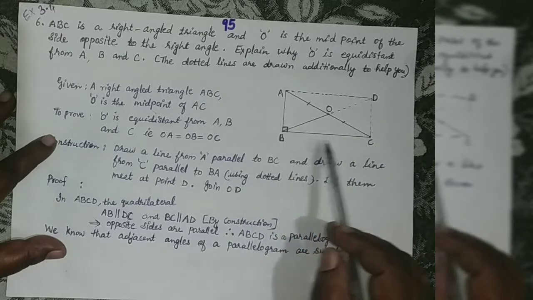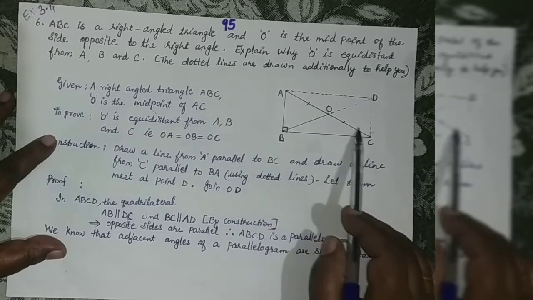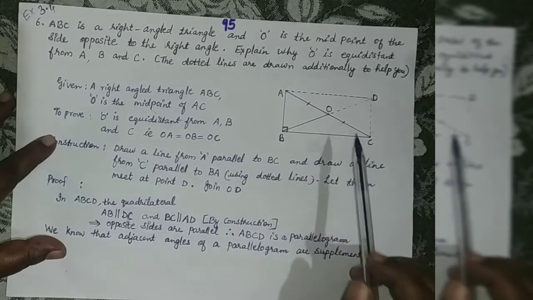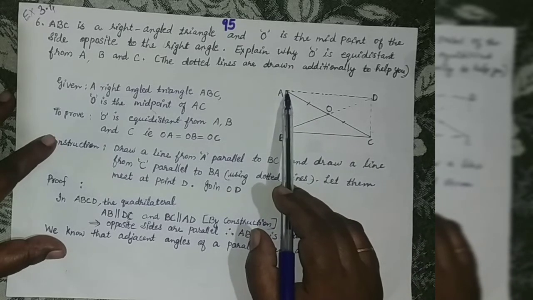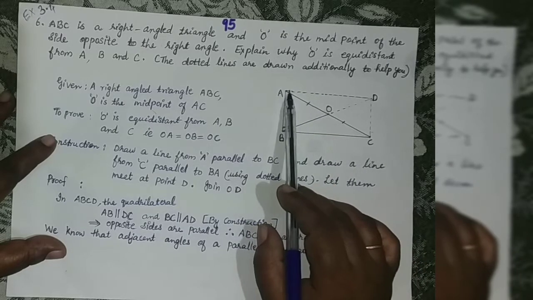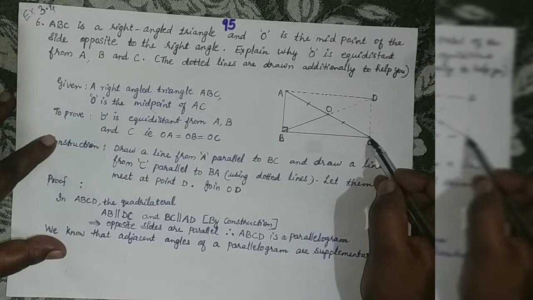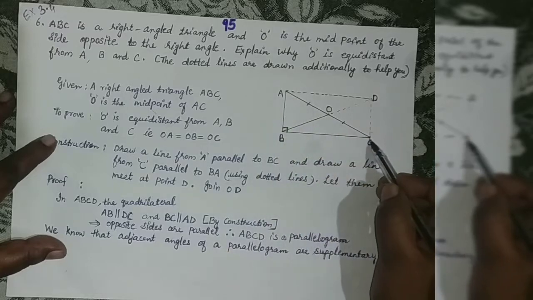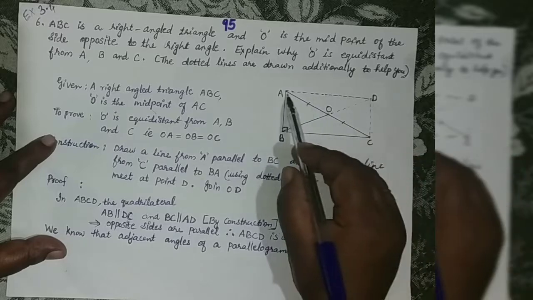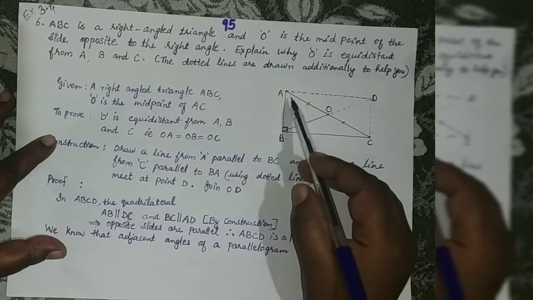Now you know ABC is a right angle triangle and the right angle is forming at B. And AC is the opposite of angle B and O is the midpoint of this AC. That is given. Now from A, we make a line on the right side of A which is parallel to BC. We have made it with dotted lines. Now from C we make a line which is parallel to BA, on the upper side, and they both join at the point D. That means AD is parallel to BC and CD is parallel to AB.